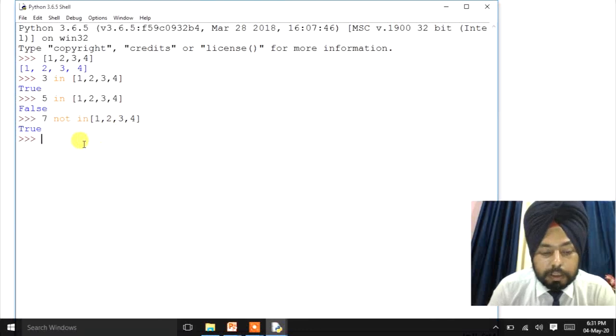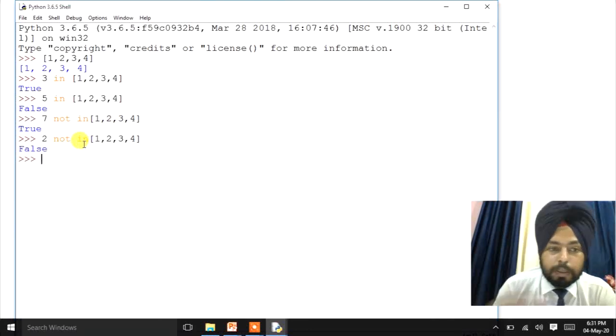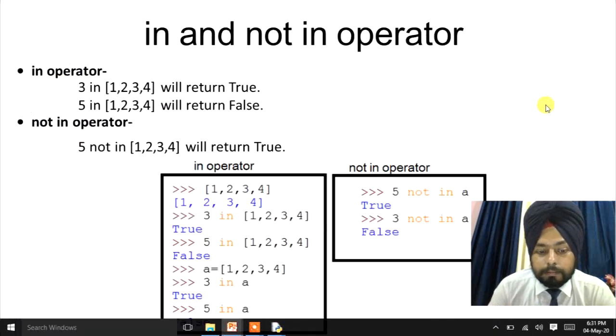If we say 2 not in 1, 2, 3, 4, it will print false. Got it?